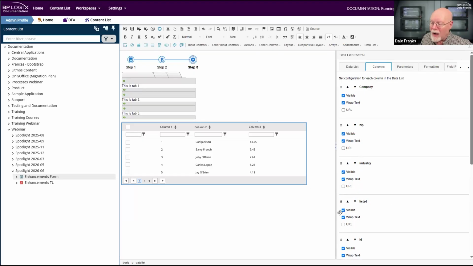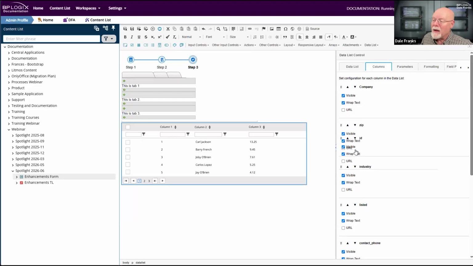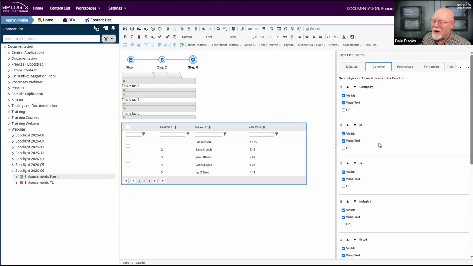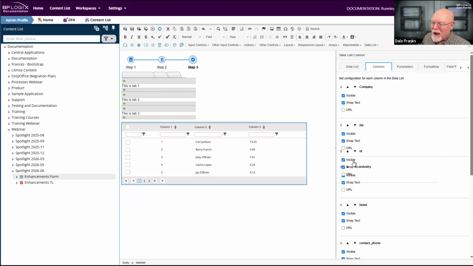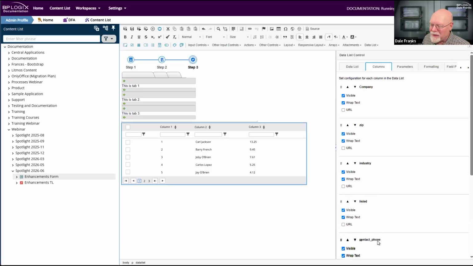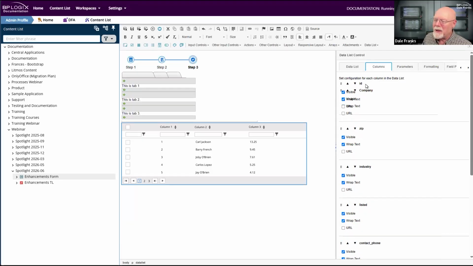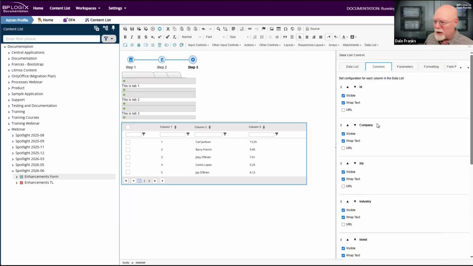So I just drag ID down here, and then as you see, it's sort of subtle, but as I drop it up, you can see I'm pointing with my finger at the screen, like you can see what I'm doing. You can see like the zip, it moves up and down. So when the zip jumps down, that tells me that I can go ahead and drop the ID right above the zip. So if you just follow, you can see all of the columns kind of shifting slightly as I move the ID up and down. So that's kind of cool, being able to just do that.